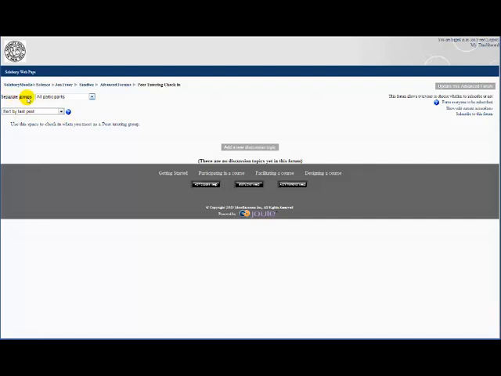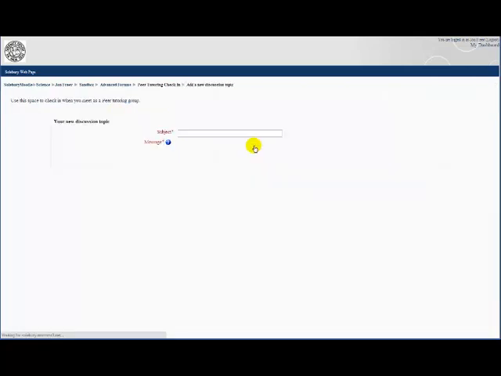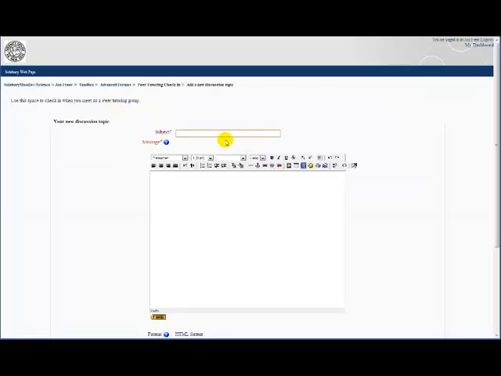Up in the separate groups in the upper left, it says right now, all participants. So if I click Add a new discussion topic, everybody enrolled in this course will be able to see and participate in that. But if I click on the drop-down menu and I click on, let's say, Christy and Thurl, now you can see that's highlighted. When I click Add a new discussion topic, and let's say that I say